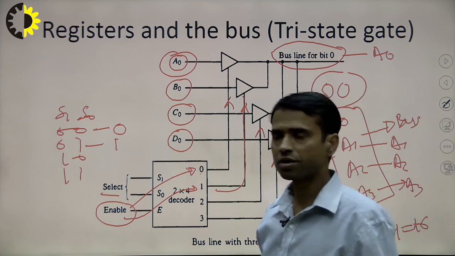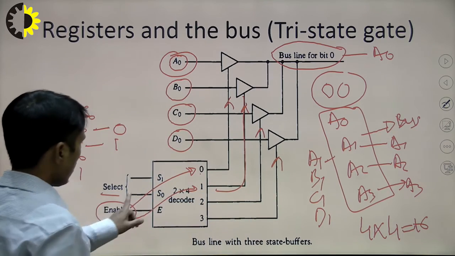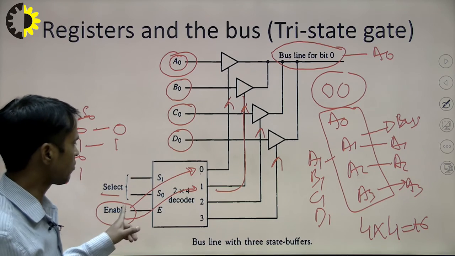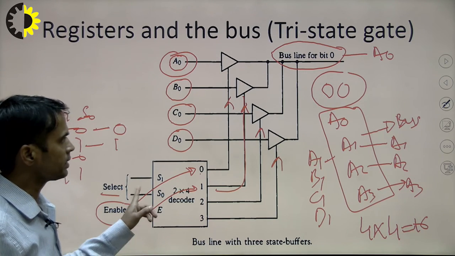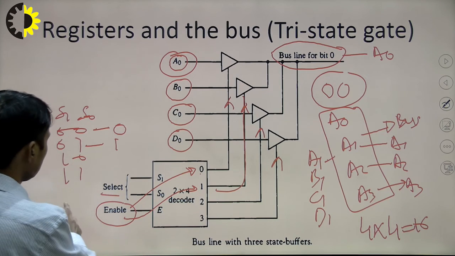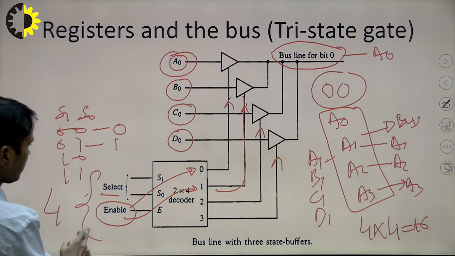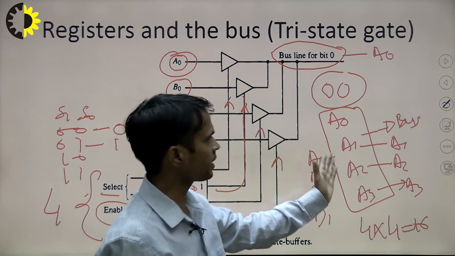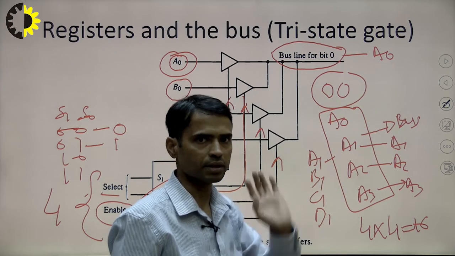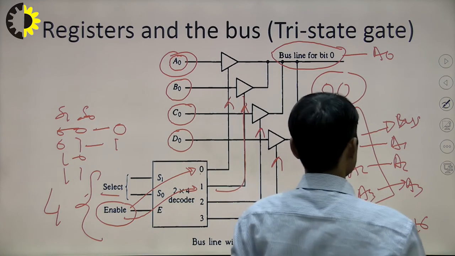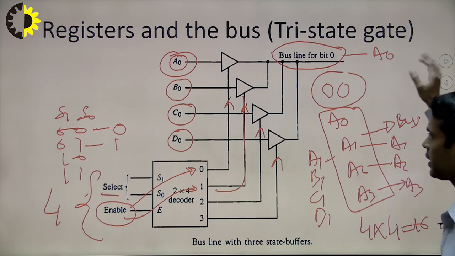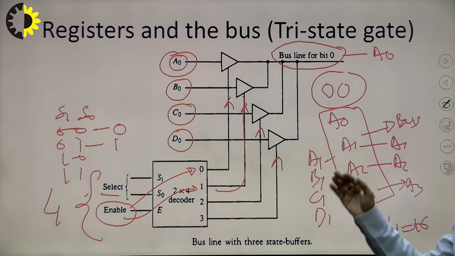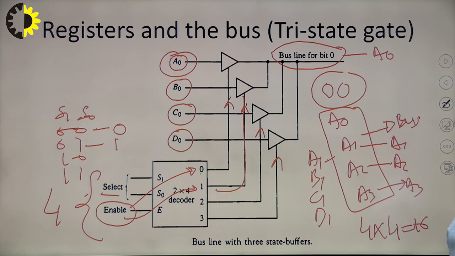And the second part of the question will be how many decoders will be required. For 4 bits I require 1 decoder, and the same circuit will be repeated. So, a total of 4 decoders, this circuit will be used 4 times to transfer data from a 4 bit register to a 4 bit bus. So, we can easily see how this transformation takes place to transfer the data from register to bus.